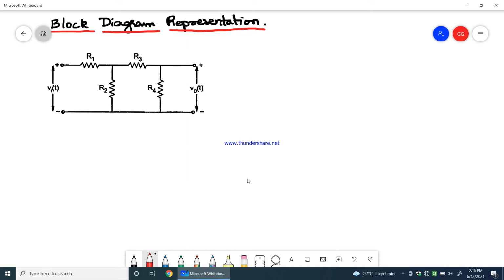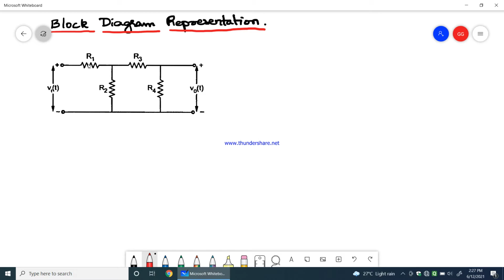We use those reduction techniques for the block diagram, and then we finally derive the transfer function for the given mechanical system. This is the overall flow that I told you. Firstly, we look into this electrical network where R1, R2, R3 and R4 are given. To represent this as blocks, first of all we need to mention all the parameters that we normally calculate in the given electrical network.